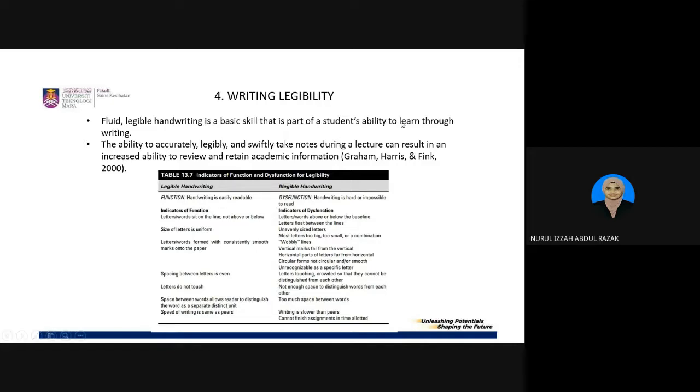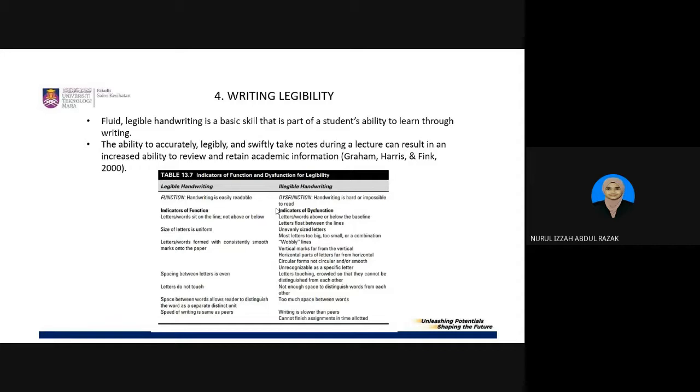Okay, the dysfunction part, which is handwriting that is hard or impossible to read. The indicators are the letters stay above or below the baseline. Letters are floating between the lines. Size dia tak sama, dia mungkin terlalu besar, terlalu kecil, ataupun dia ada combination of both. Then have wobbly lines. The vertical marks are far from vertical. The horizontal parts of the letters are far from horizontal. Then the circular